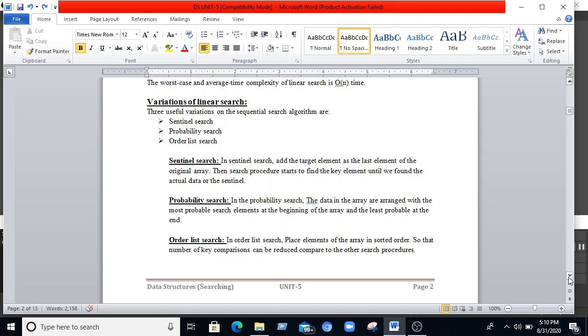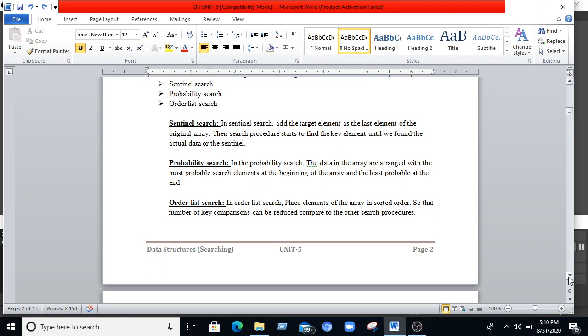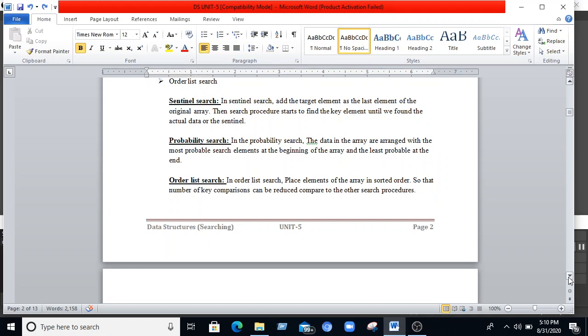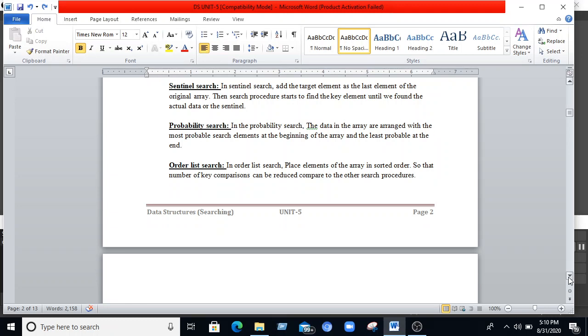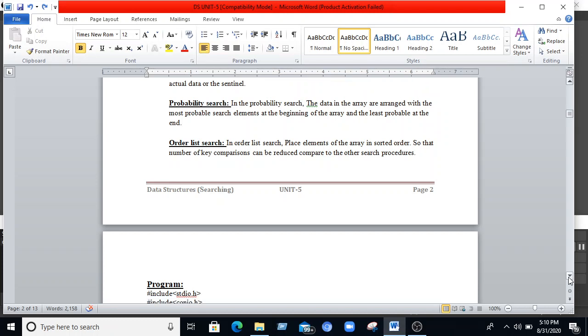The variations of linear search are sequential search, probability search, and ordered list search. In sequential search, we add the target element as the last element of the original array. Then the search procedure starts to find the key element until we find the actual data or not. Next, probability search.